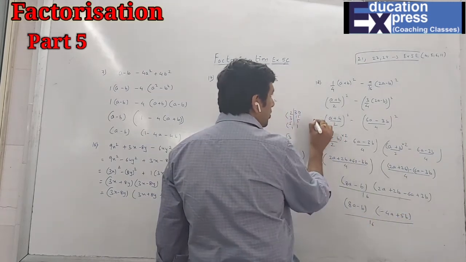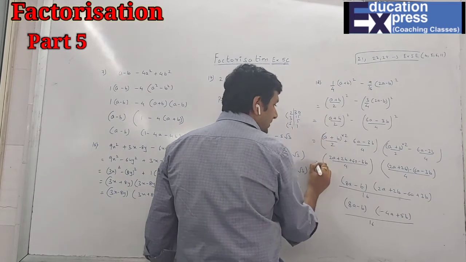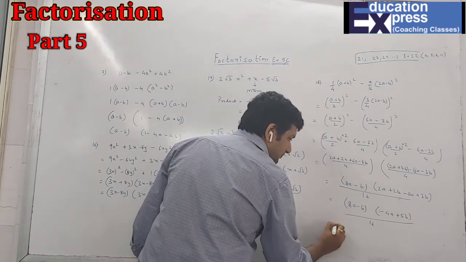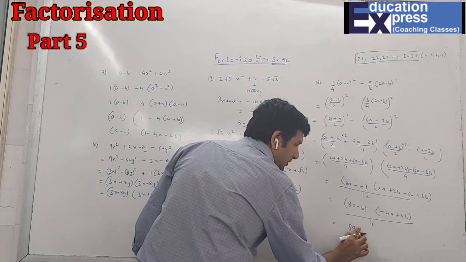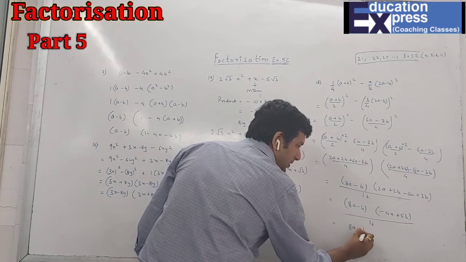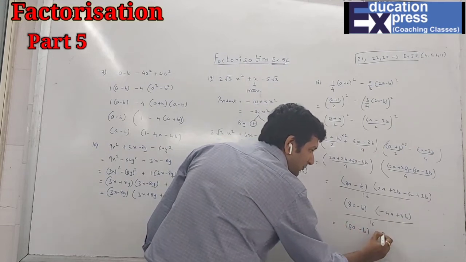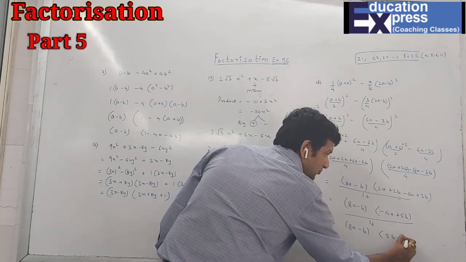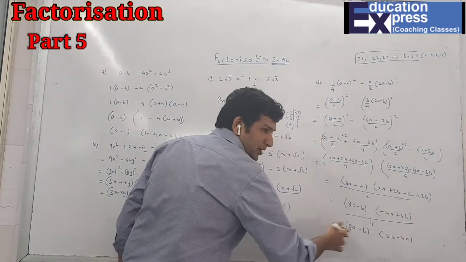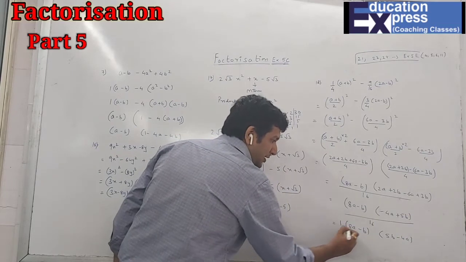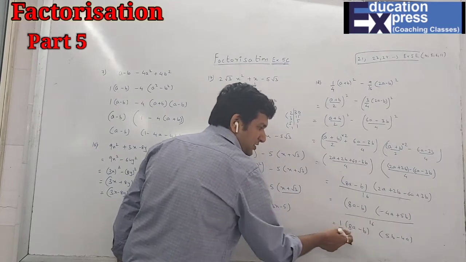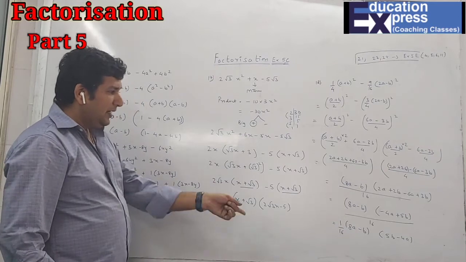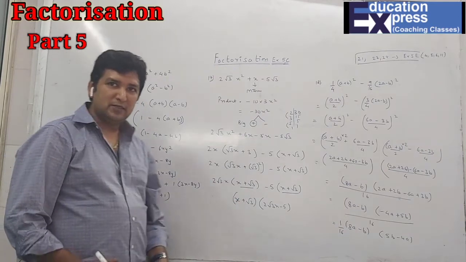Students, I have told earlier also one thing. First number always has to be positive. So here we have, but here we don't have. So first I'll write 5b, then minus 4a. There is nothing common in the numerator. I can take 1, and here in the denominator we have 16 as a common. So 1 upon 16, (8a minus b) and 5b minus 4a is the answer.